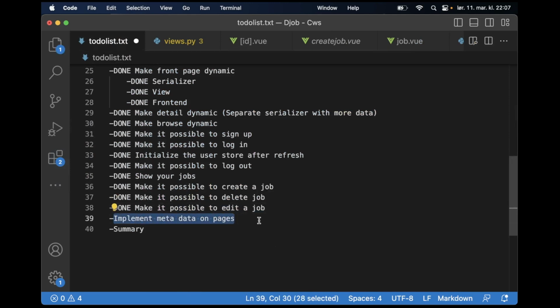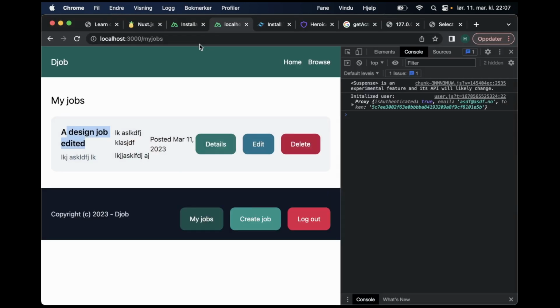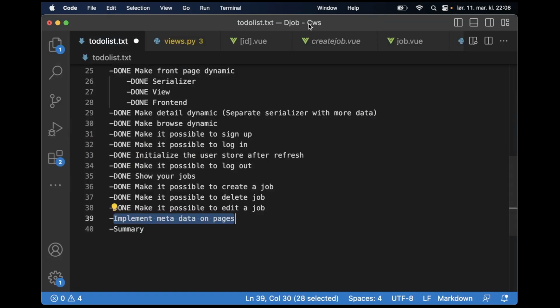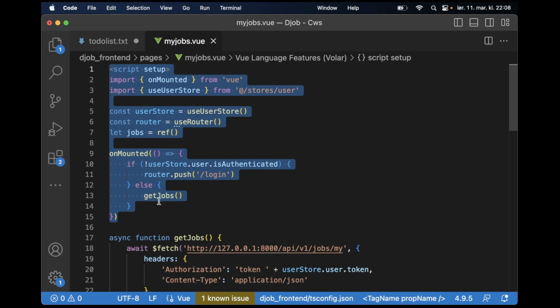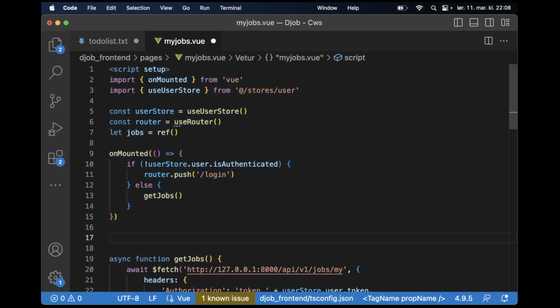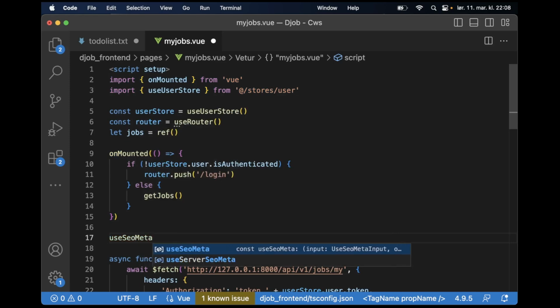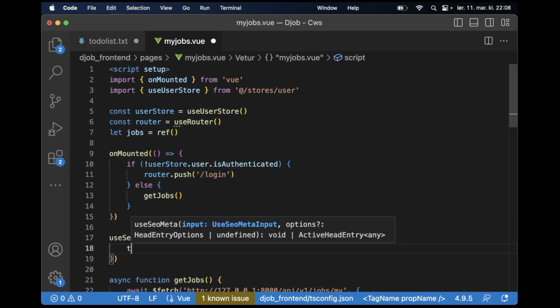Then the next step is to implement metadata on the pages, because if you see now, the title for the page is localhost, and this should be my jobs, for example. So to fix that, we need to go back to each of the templates. So if I just close everything here, open up my jobs, you can begin with this one. Then here I should just be able to say use SEO meta and say title